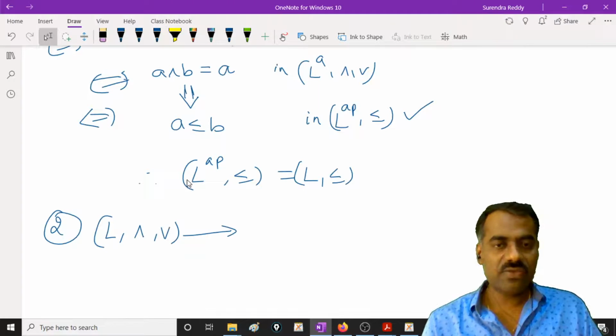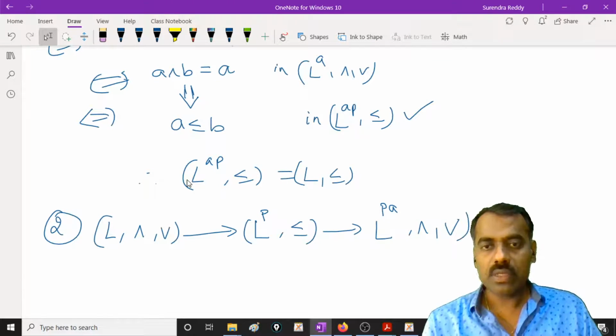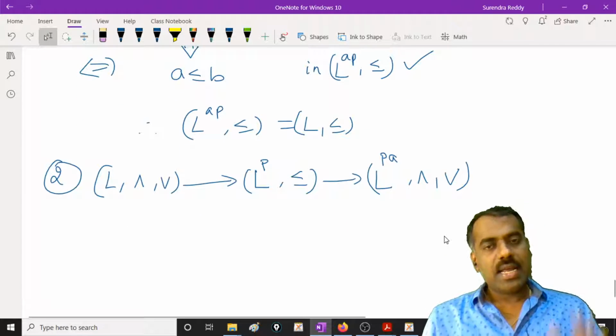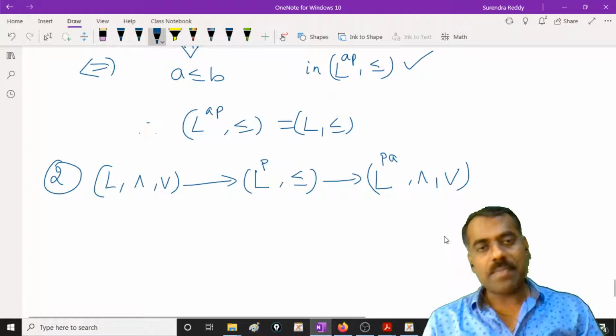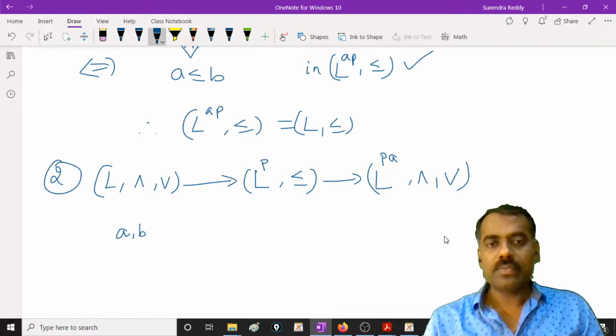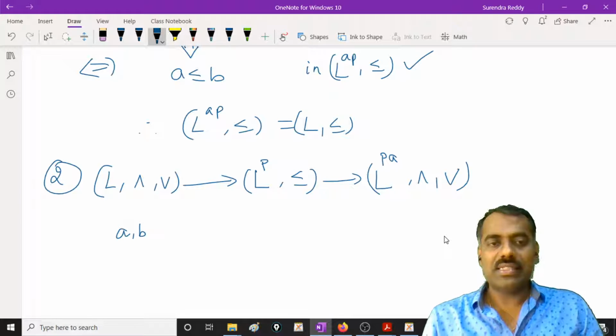From this lattice, what we get, I'll write LP, because I am getting a poset, right? Then from this LP, whatever you have, I can again get a lattice, right? We want to show that these two are the same. Here, what is meant by saying these two are the same? Whenever you have two elements a, b here, assume that they have some relation here, then you want to show that they also have it here.